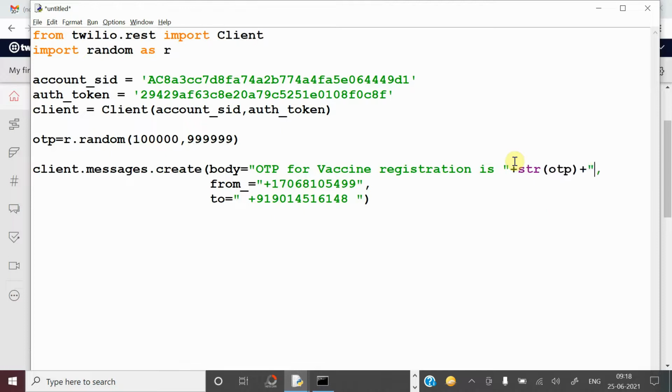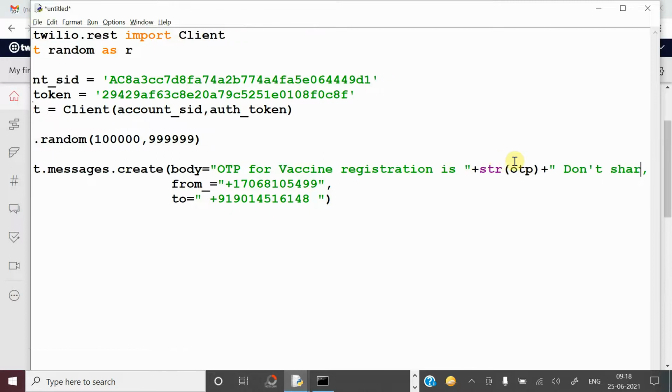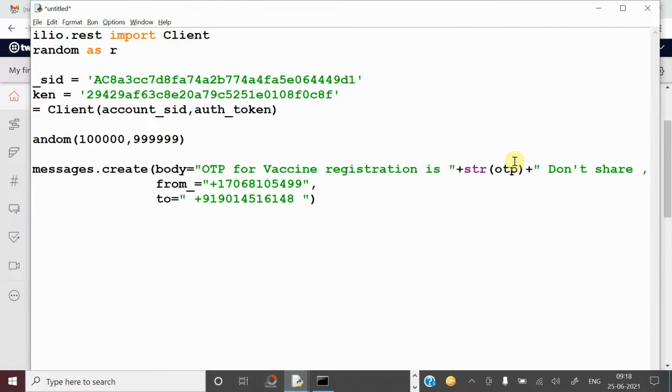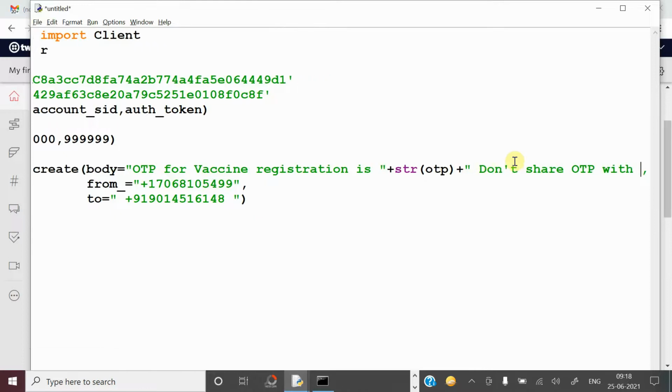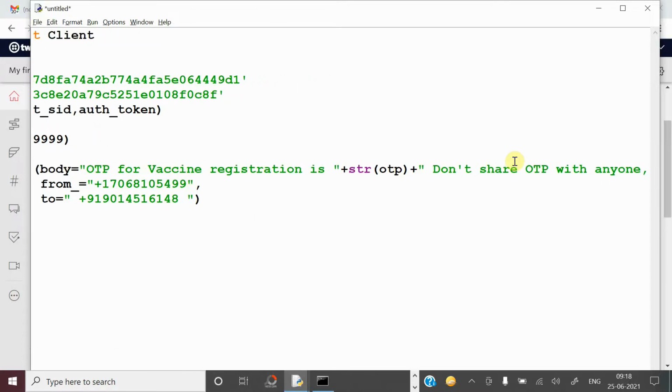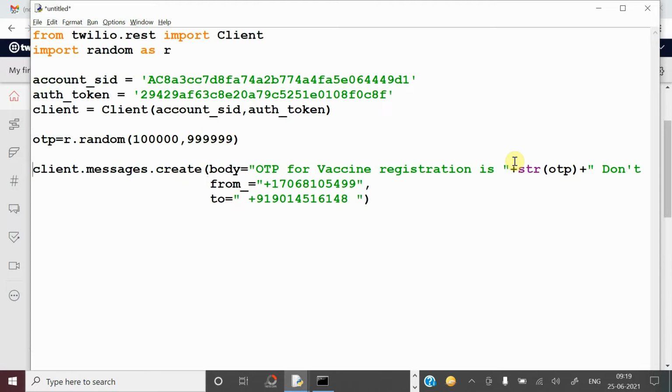And after that, if you want to keep any message, like don't share your OTP with anyone, you can keep that. Do not share OTP with anyone. So like this I have created the body, which is the message to be sent to the user. Now your program has been completed for generating the OTP and sending the OTP, your logic has been completed. Now run this module.